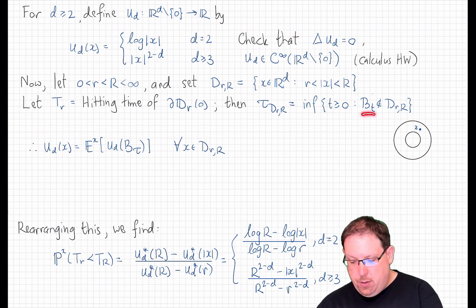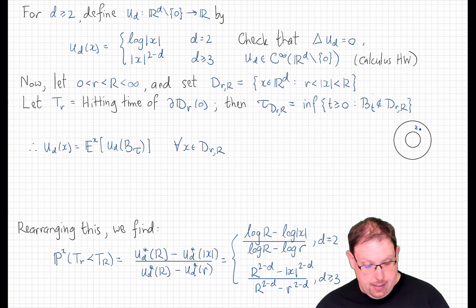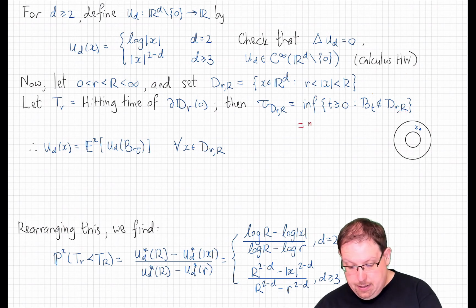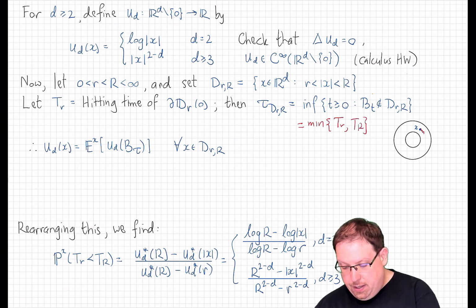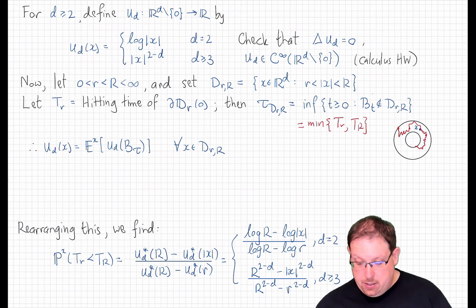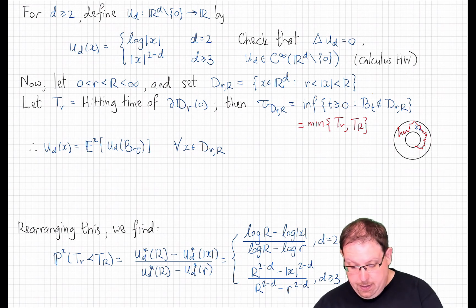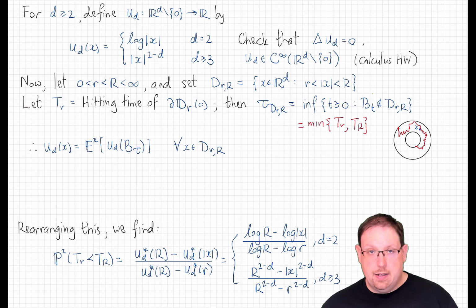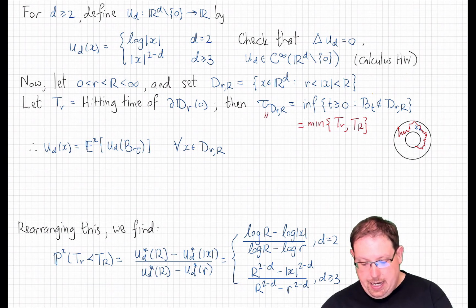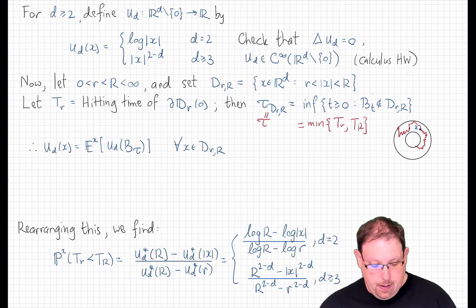at which the Brownian motion is not in the annulus, as the minimum of t little r and T big R. Our Brownian path where it exits must exit either on the inside circle or the outside circle. And whichever one it gets to first will be this exit time. Now for ease of writing, let's just denote this exit time from the spherical annulus by tau.